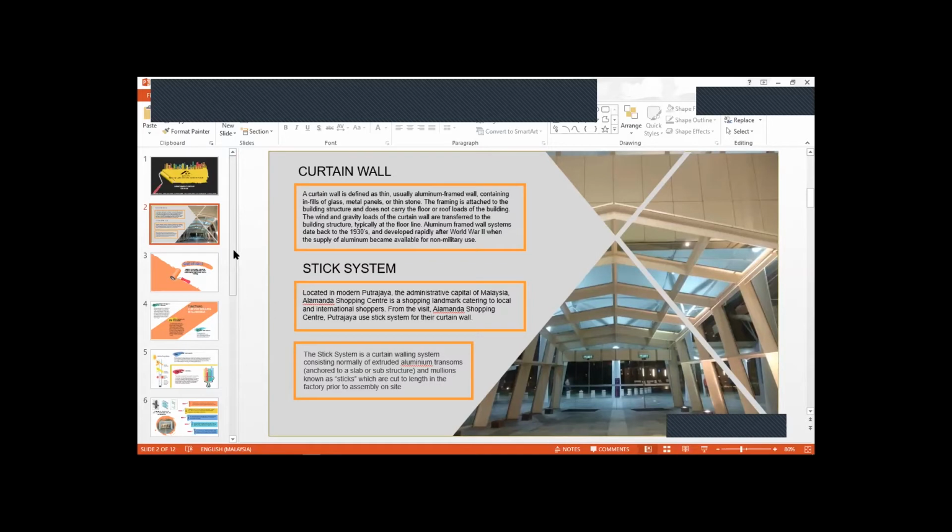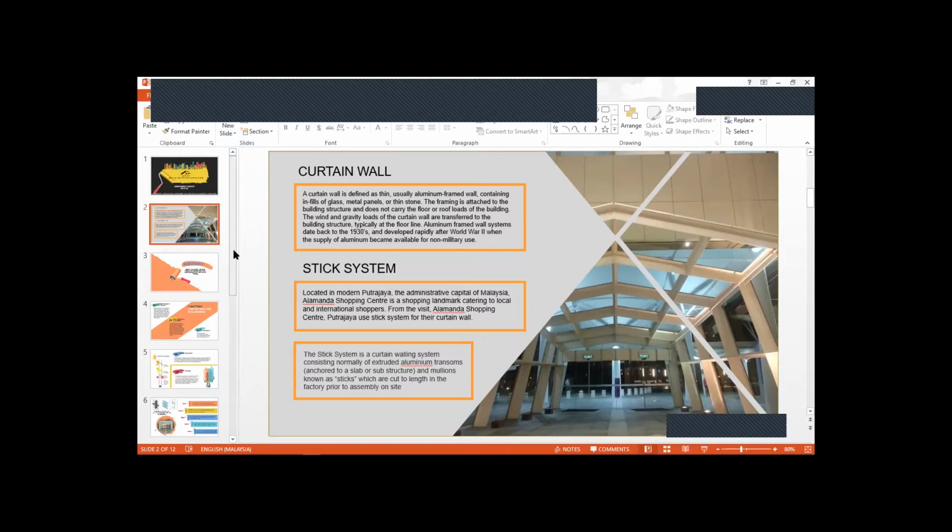In a curtain wall, we have two systems. Alamanda Shopping Center in Putrajaya is using a stick system. The stick system used at the Alamanda Shopping Center is a curtain walling system consisting normally of extruded aluminium